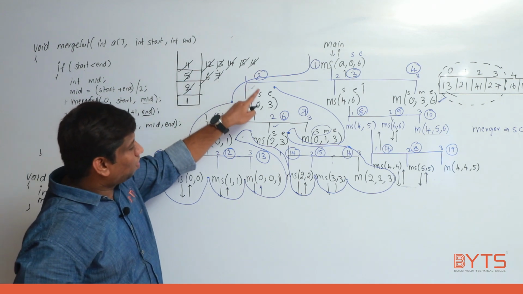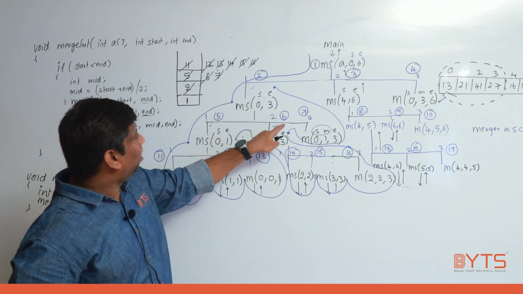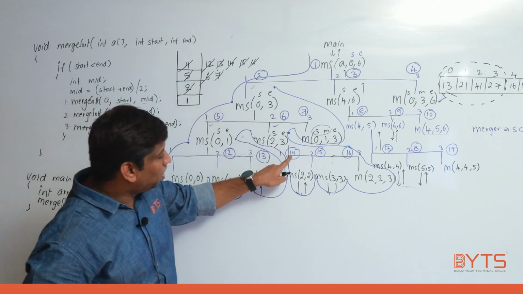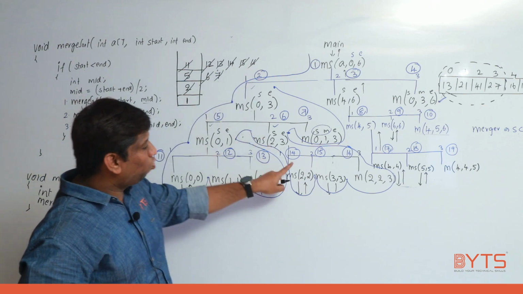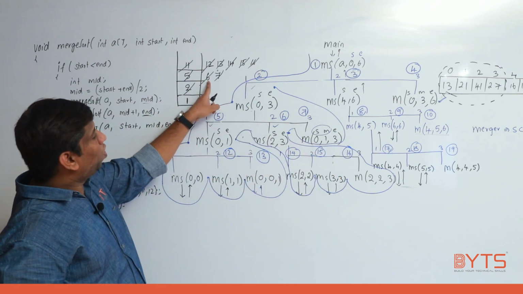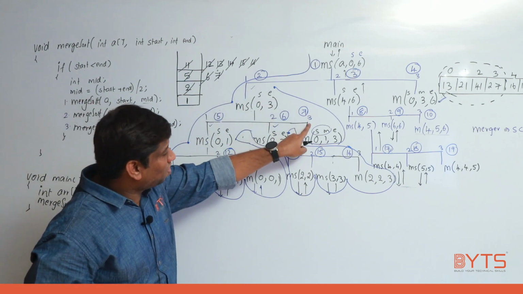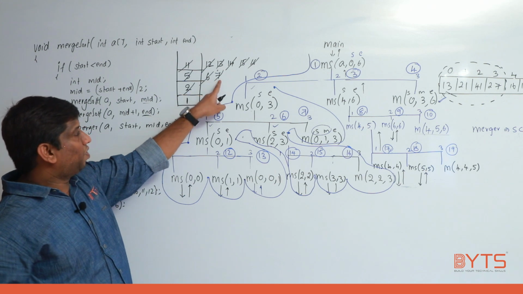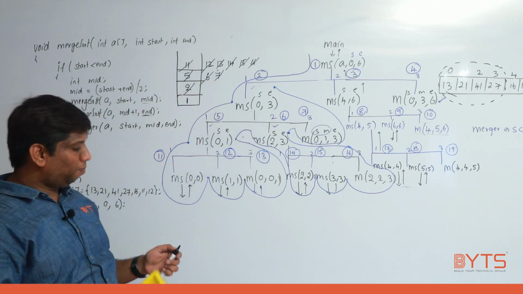2 is in turn again calling 6 function. 6 is in turn calling again what functions? 14, 15, 16. Once 14, 15, 16 completed, I came to 6th. 6th completed. Now I need to come to which function? Second function. Second again called which function? 7th function. When 5, 6, 7 are completed, second also completed.